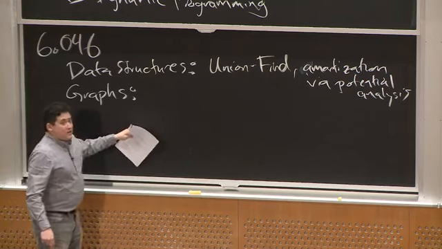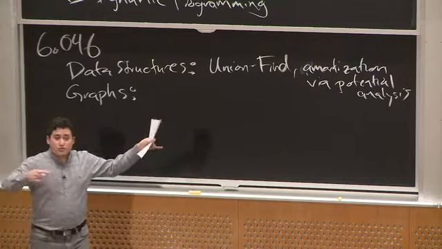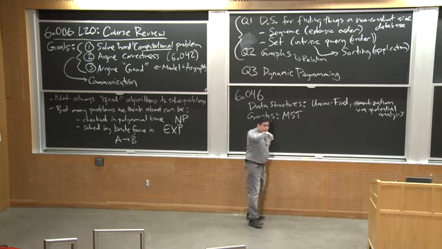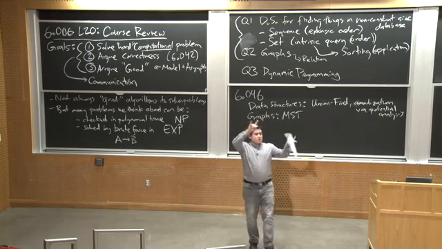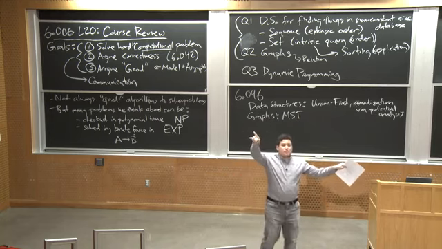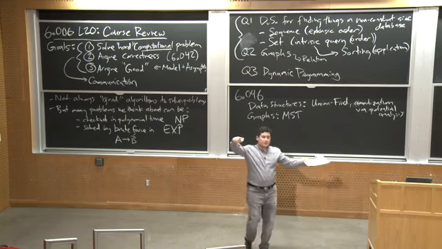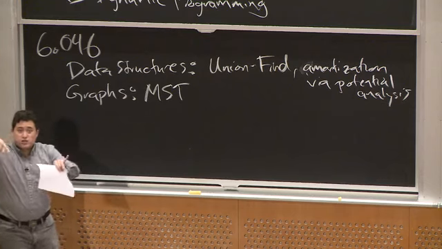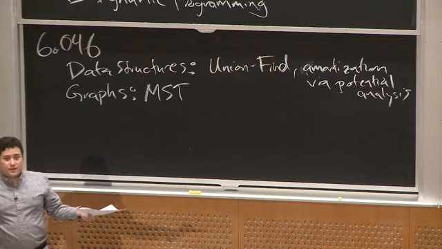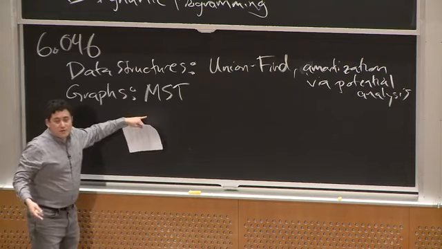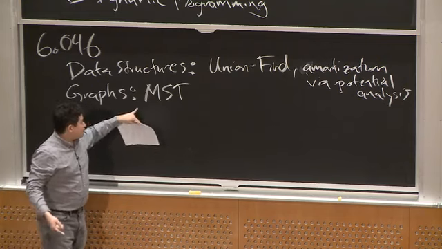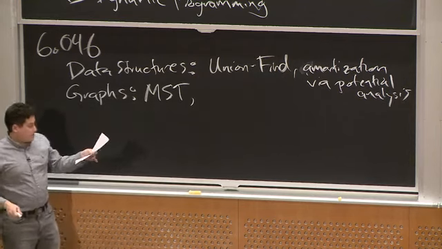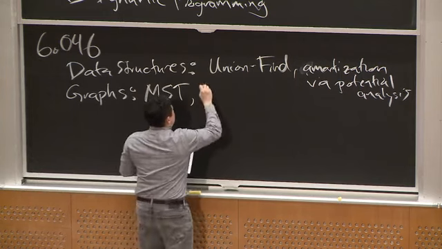Okay, on the graph side, they solve a number of very useful problems on graphs. Minimum spanning tree: I'm trying to find a tree connecting all of the vertices in a connected component of my graph. And in a weighted graph, I'm trying to find the spanning tree that has minimum total weight. That's a fundamental problem in weighted graph algorithms. They solve this via a greedy algorithm, okay? And network flows